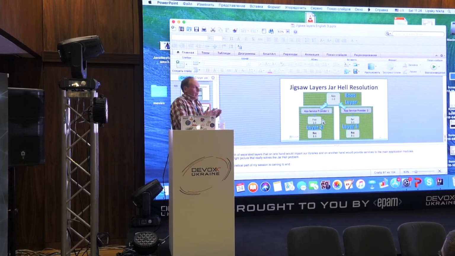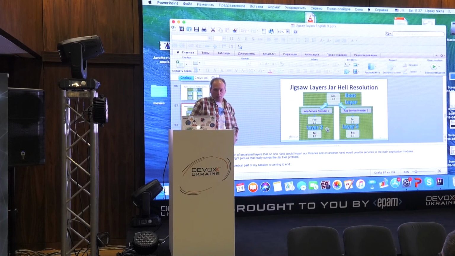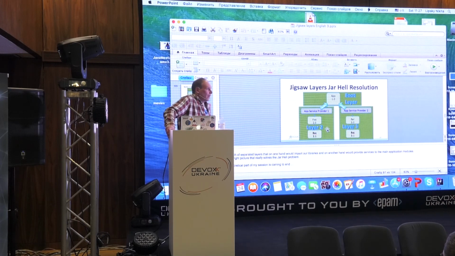But if you can't solve this problem, then Jigsaw Layers can help you to locate your problem to a particular layer. And of course, you will have some duplication, and it's bad, but you can solve the problem.